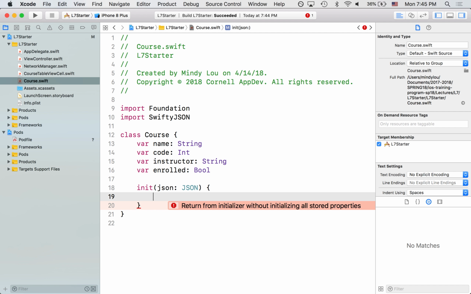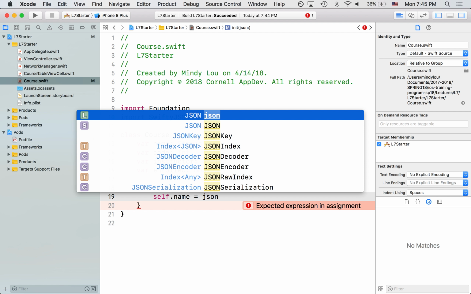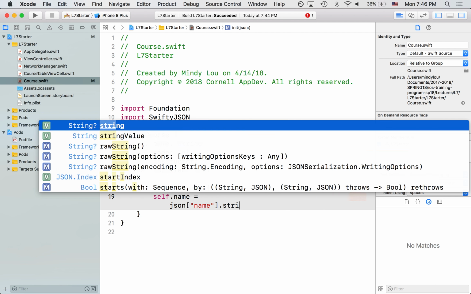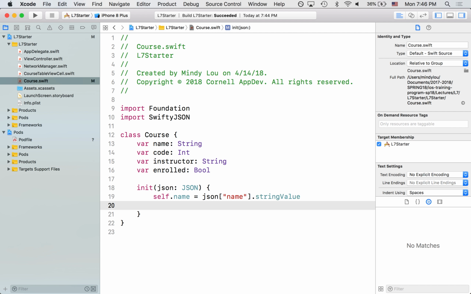So the way that the information from that JSON that I showed you before was displayed was that each course object has a key value pair. So we're going to do self.name is equal to the value that was associated with the key of name, right? So we're going to get the value from name. So this is how you access the value from that JSON. It's kind of like a dictionary. And then we're going to do dot